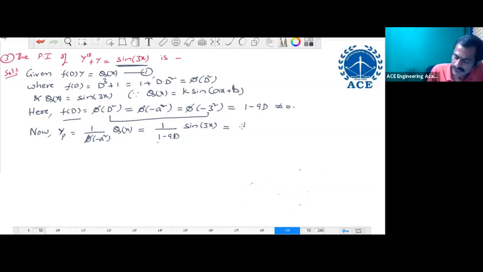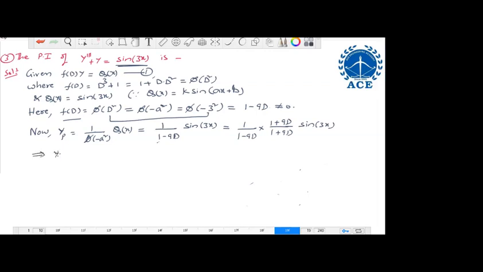This is equal to 1 by 1 minus D. The rationalizing factor of 1 minus 9D is 1 plus 9D. This process is called rationalization. Only for getting the D square term, we are doing like this, because for sine trigonometry and cos trigonometry, we replace D square by minus a square,